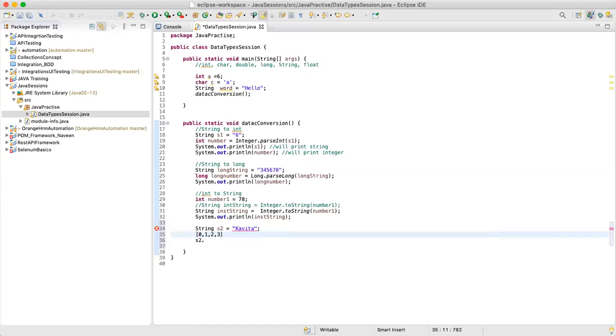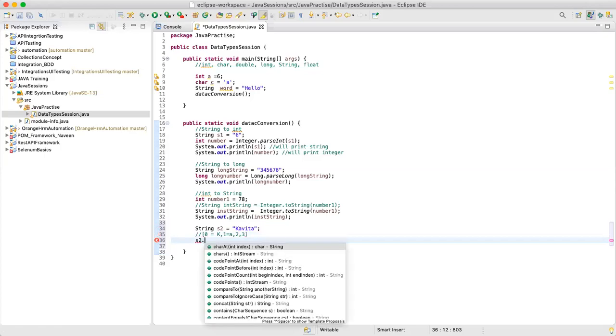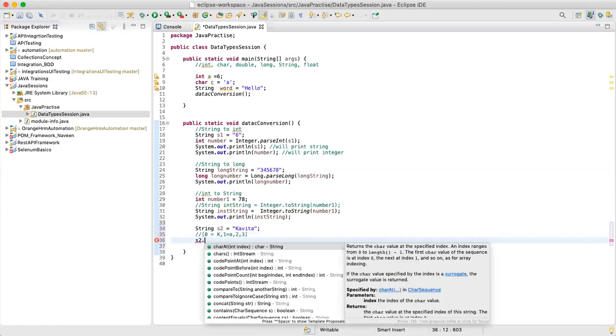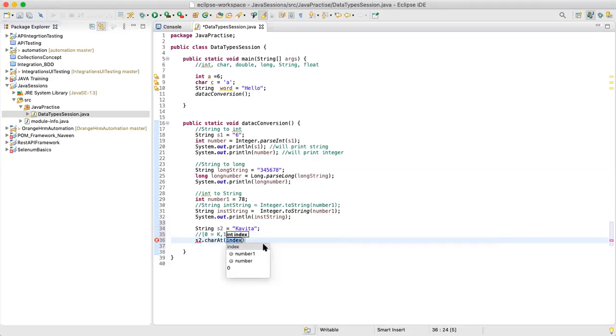At the 0th location we have K, at the first place we have A, and in a similar fashion. So it is saying, give me an integer index. At what particular location do you want? So I would say, give me the index of the 0th location.